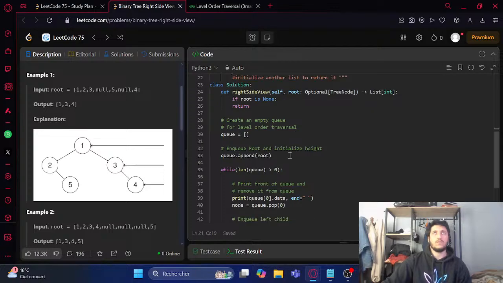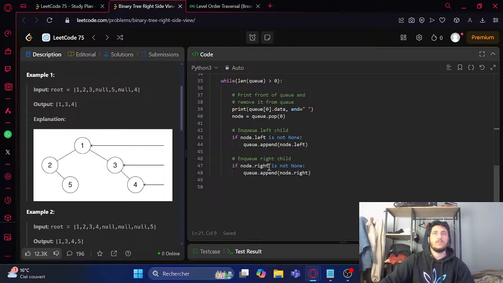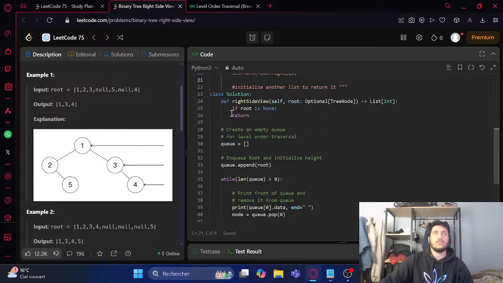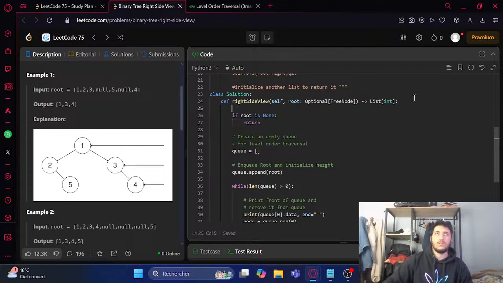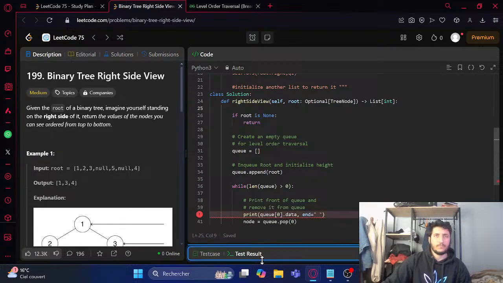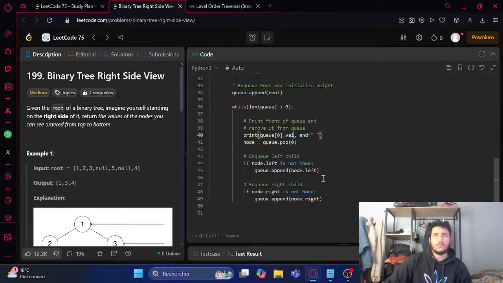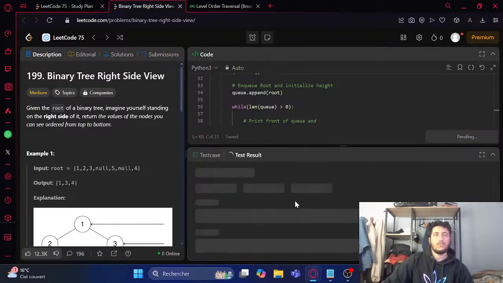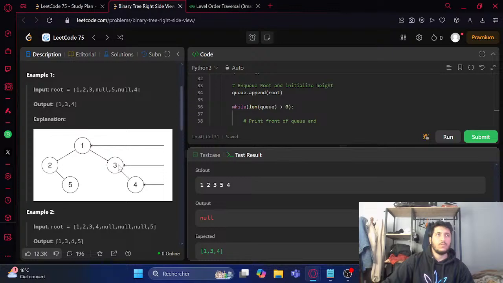Okay, so we're creating, so append root, if root, this has to be like this every time. Okay, so q dot pop, q dot pop, not the left, not the right. Okay, so 1 2 3 and 5 4,